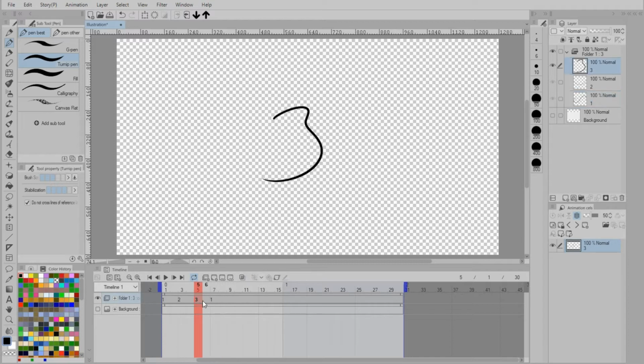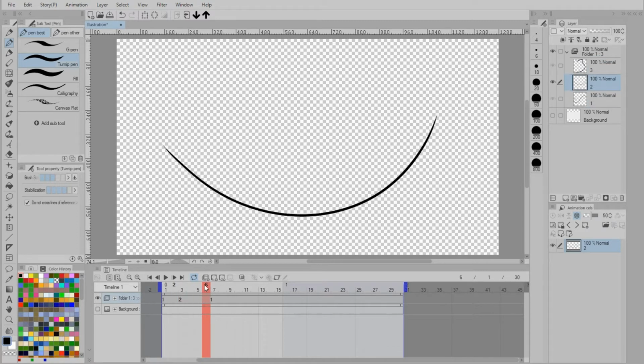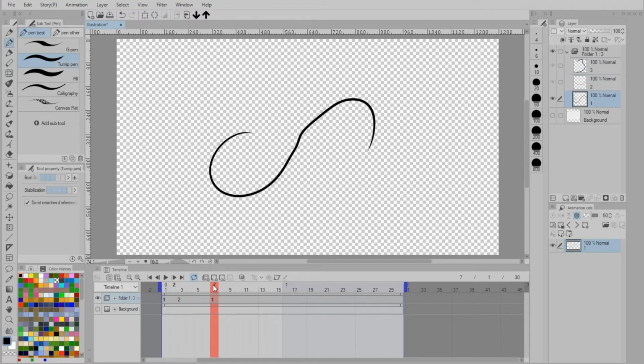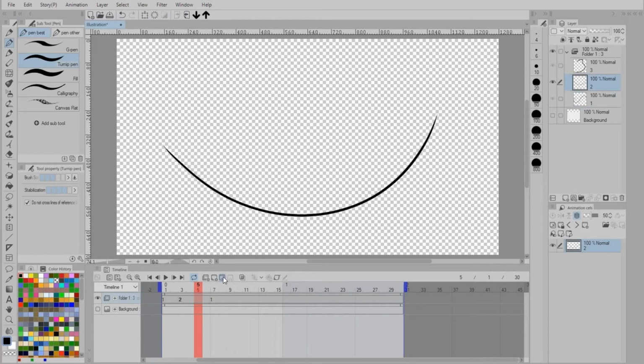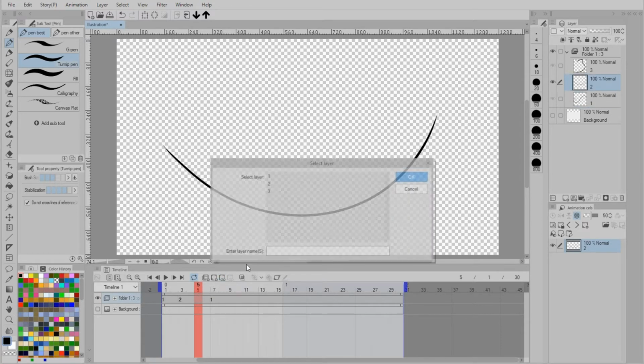Now I can go back here, for example, and I can delete that reference. So if I delete the reference, it says delete specified cell, but it doesn't really delete the cell, or rather the layer over here. It just deletes the reference. And so here we can see that we've removed it from the animation, but it hasn't gone away. So I can go back here and add it right back in if I want, just by specifying a cell